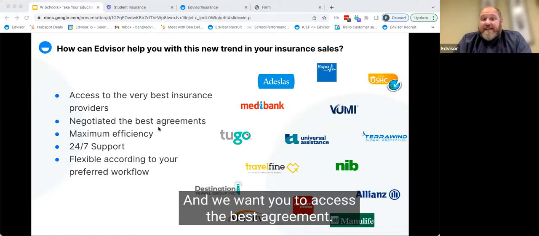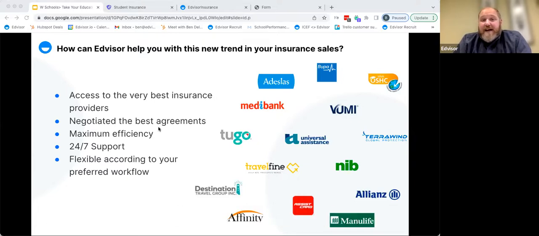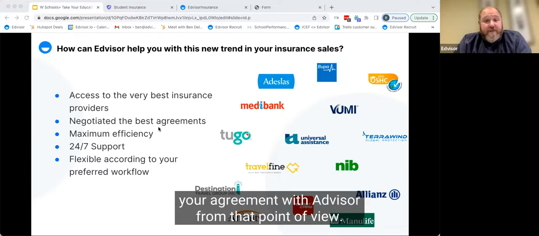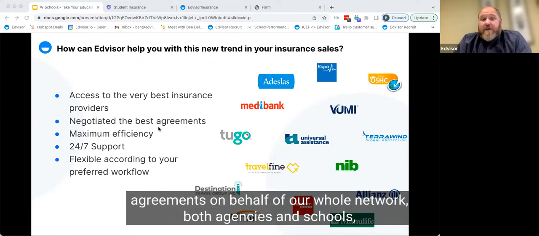And we want you to access the best agreements. So you might say, well, how does it work? Well, it couldn't be simpler. Essentially, Edvisor holds the agreement with the insurance provider, and you hold your agreement with Edvisor from that point of view. So we set out to negotiate the best agreements on behalf of our whole network, both agencies and schools,